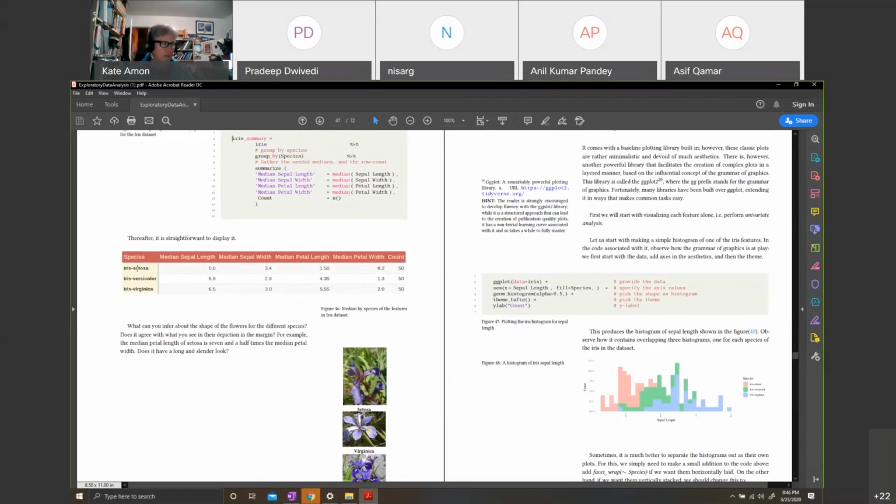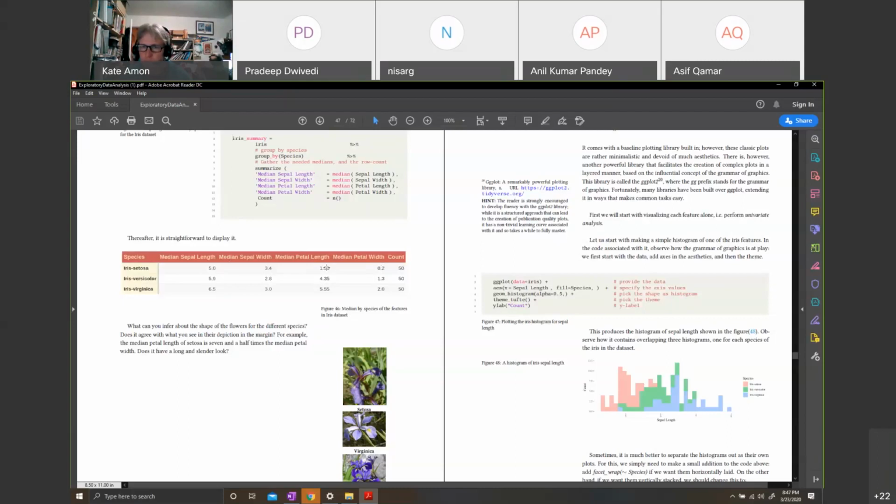Let's look at iris setosa. Do you notice that sepal length is 5 and the sepal width is 3.4? And then petal length is 1.5 and petal width is very low. So if you take the ratio of these two, 1.5 divided by 0.2, you realize that it's 7.5 times bigger.